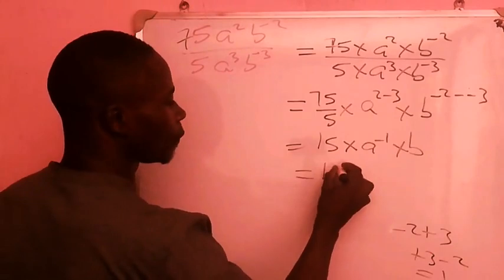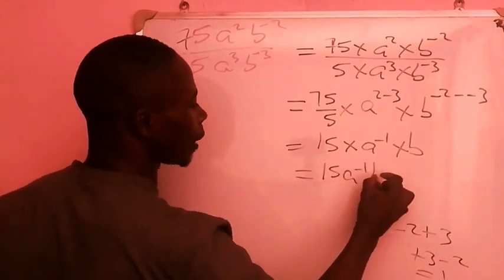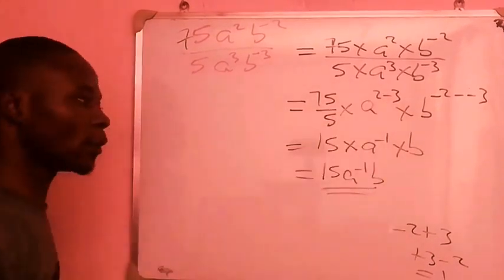Now the final answer will be 15a to the power of minus 1 times b. So this is how we solve this one, either way that you